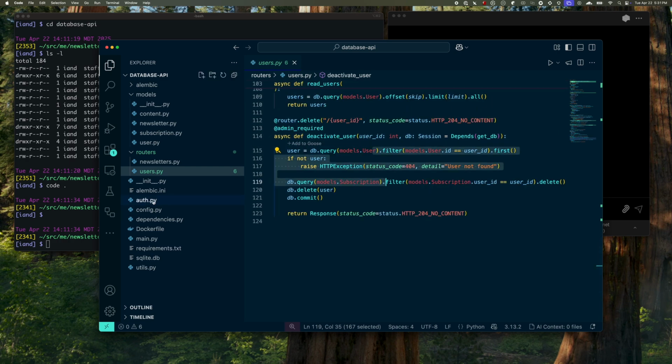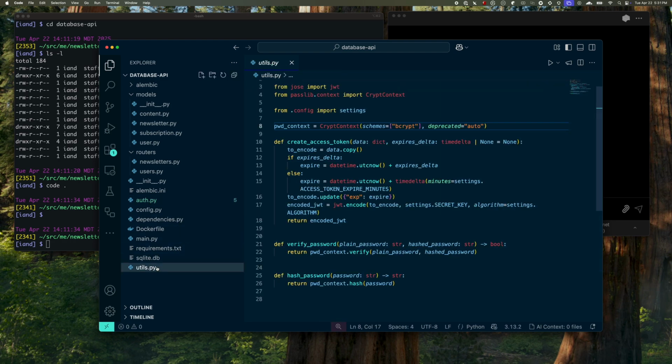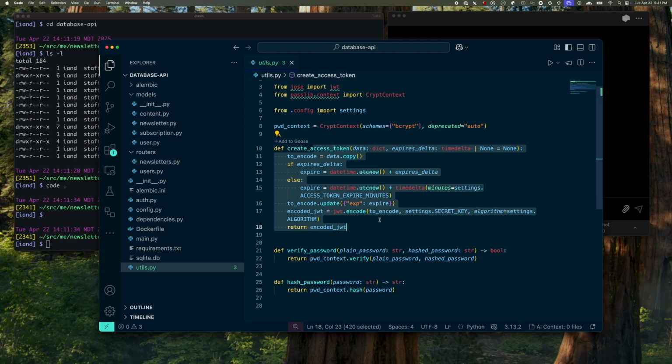It looks like we also have a couple of other files out here like auth.py. This looks like where it's doing this wrapper function to determine whether a user is an admin. We've also got this utils.py down here, which looks like what's creating our access token. So it looks like we have some helper functions, and little stray bits of code here and there that we're going to need to